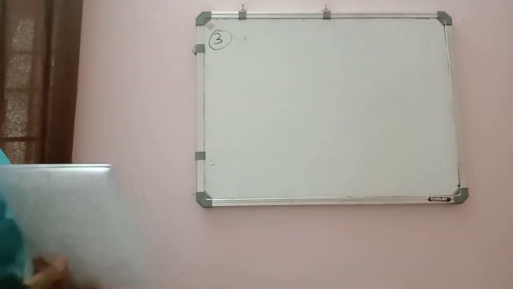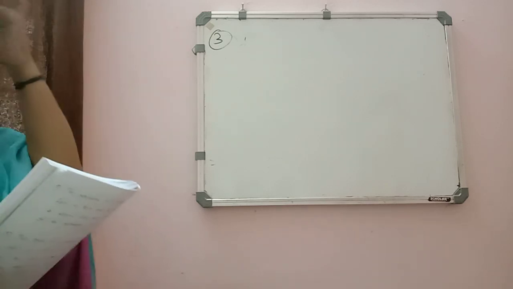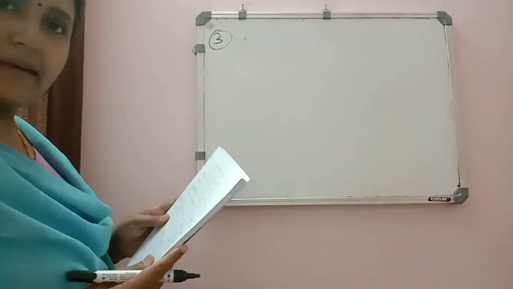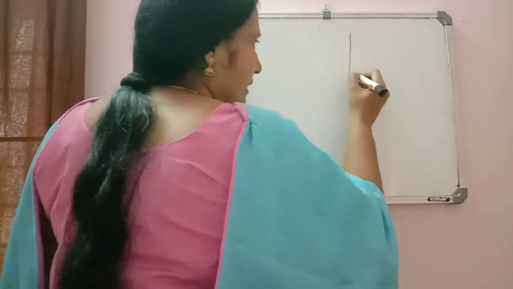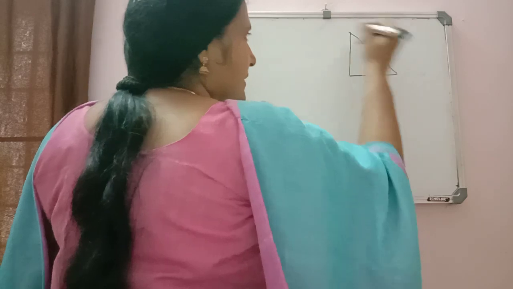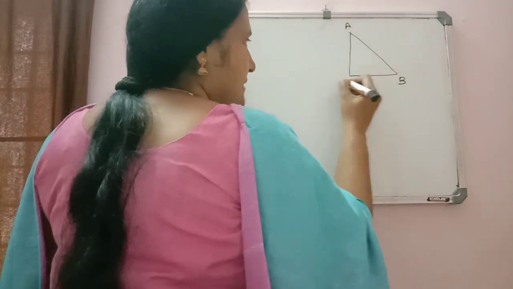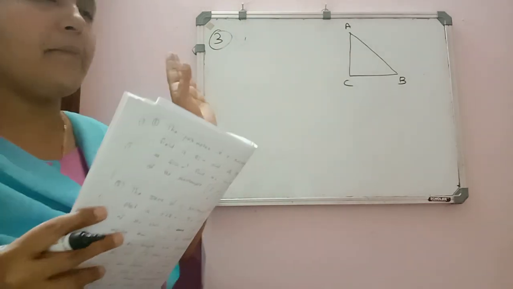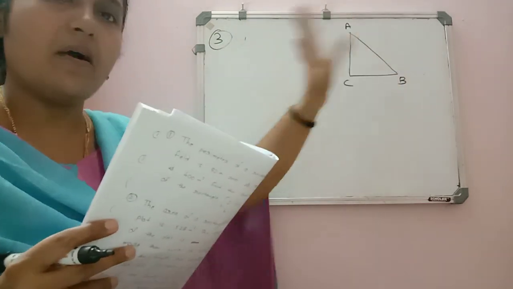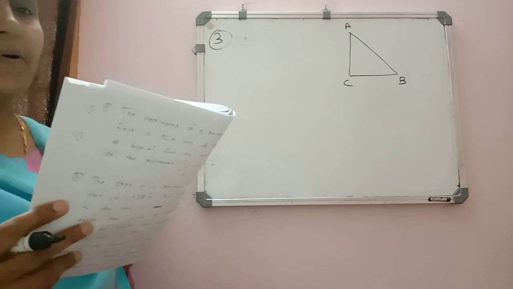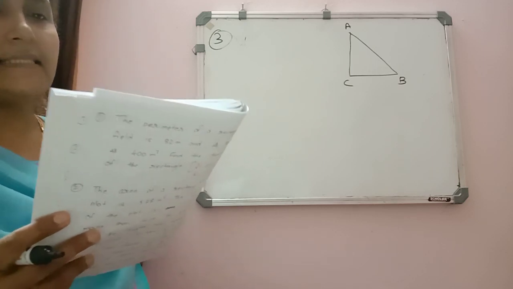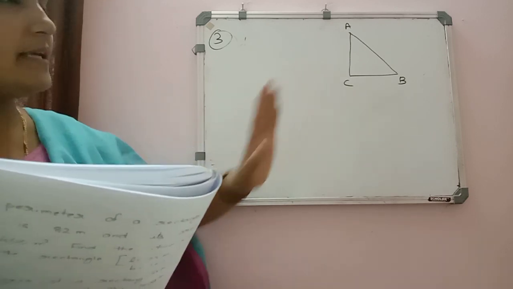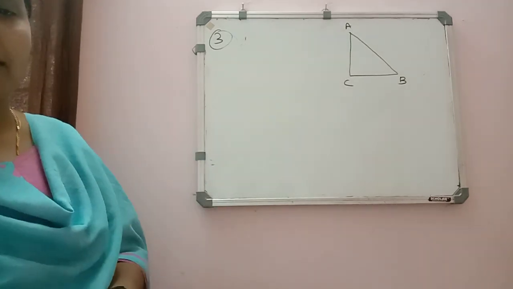Now moving on to the next question. The next question written is: the hypotenuse of a right triangle is... So it is better if we draw a right triangle, triangle ABC. It is not necessary that in a right triangle AC only will be the hypotenuse. Hypotenuse means the longest side. The hypotenuse of a right triangle is 6 meter more than twice the shortest side. It depends on us which one you want to take as the shortest side.